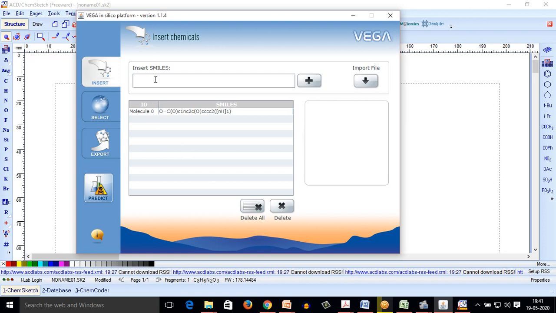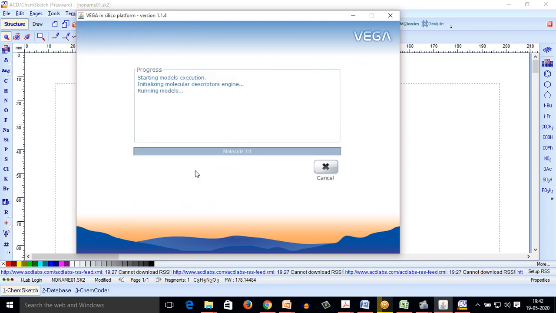I just have to press this plus section. So you can see that as I press the plus, the molecule from the insert SMILES just shifted to the section here. Now again I will go to predict and the prediction started.